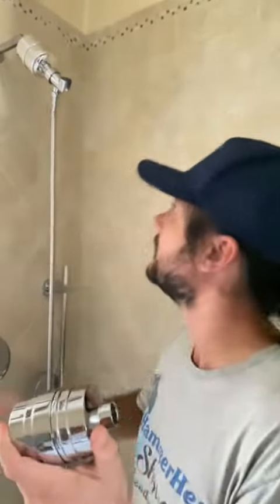We're replacing this plastic shower filter with this brass shower filter. I'm just sick of these plastic shower filters. They leak all the time. If you never installed a shower filter, I like these inline ones because they can be used with any shower